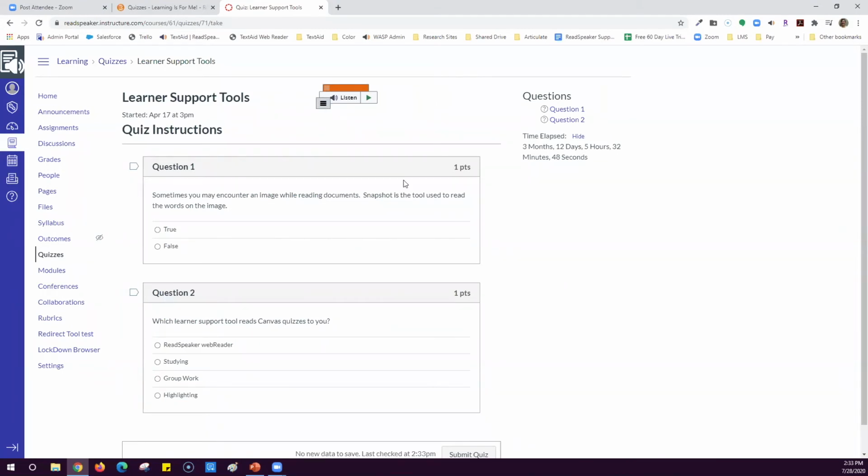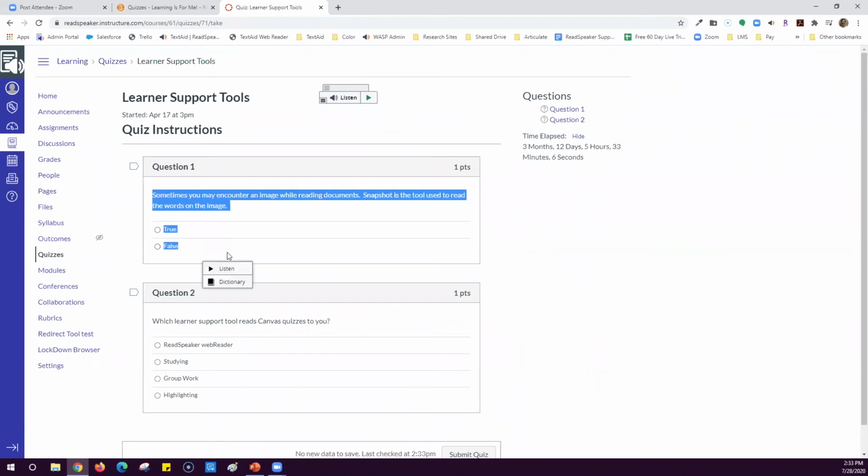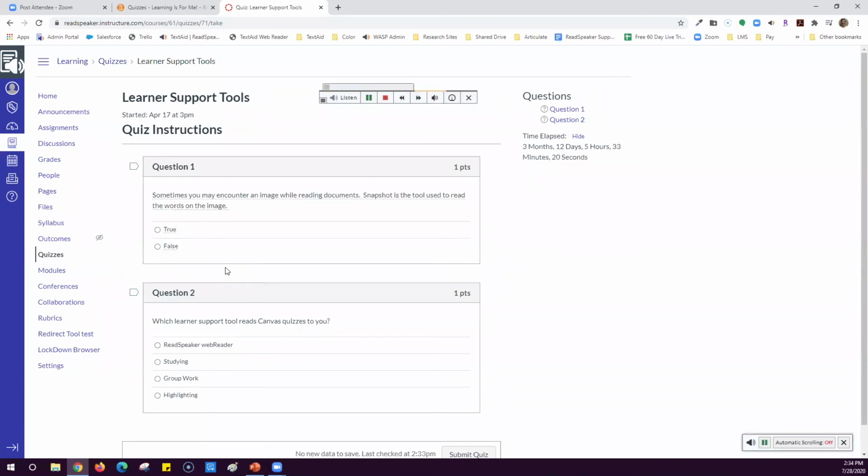Now, I have available to me an Enlarge Text, a text mode, and a page mask. We're going to look at each one of these on our questions. So I'm going to start with just the Enlarge Text. With the Enlarge Text, I'm going to highlight the question and the answers and click Listen. Notice I have a pop-up for Listen. I can choose Listen from it or from the player itself. And you'll see this at the bottom of the screen when it loads.